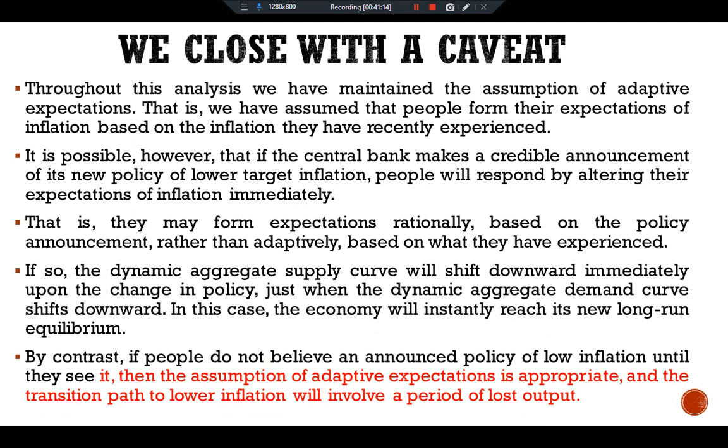So this is all about the use of the aggregate demand and